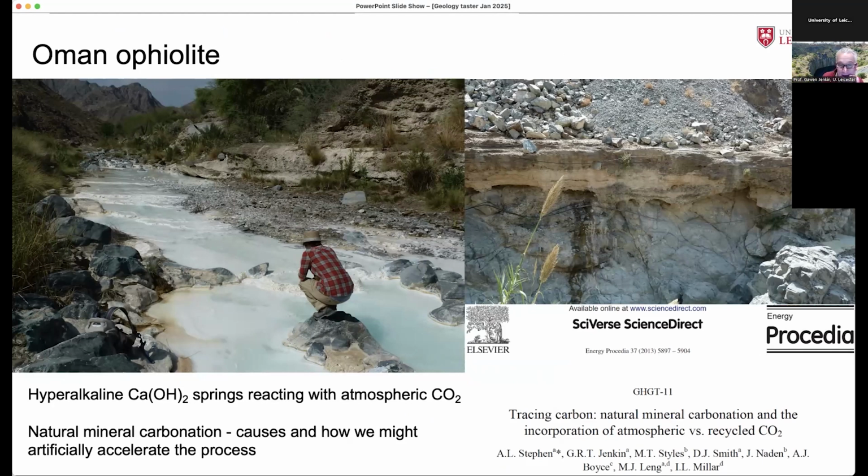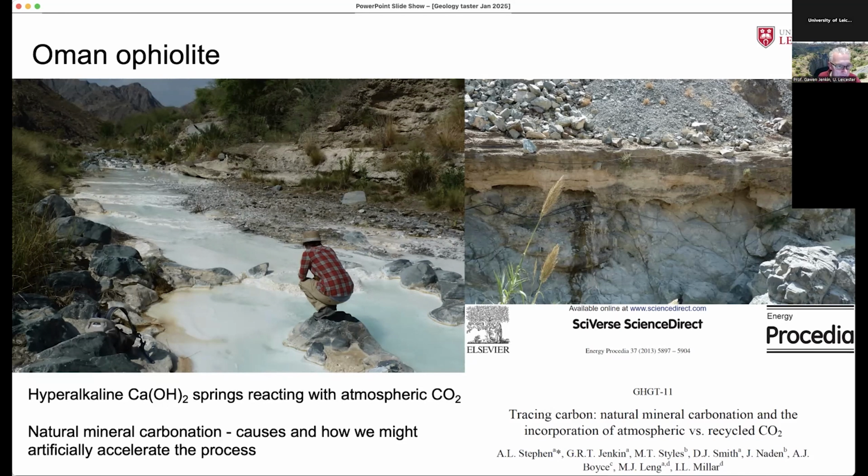Again, looking at carbonates. So here, what are we looking at? We're looking at a slice of ancient ocean, an ophiolite that has been obducted and pushed up onto land rather than being subducted as it normally would be. So we have oceanic crust and some oceanic mantle. And in those ultrabasic rocks, groundwater is reacting with them and producing hyperalkaline groundwaters, which come out as